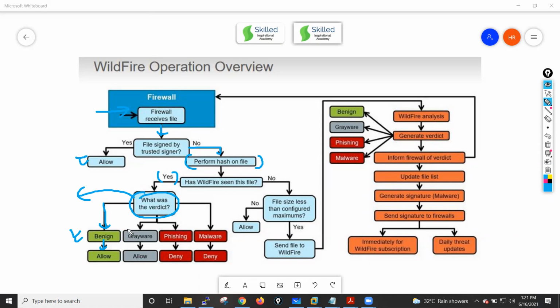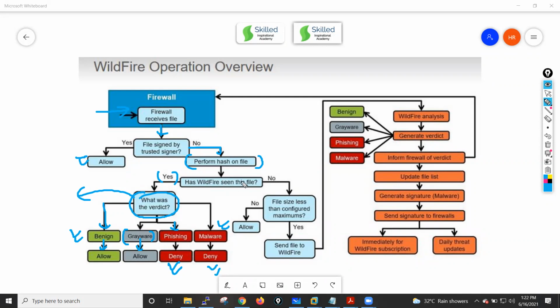If the file type is grayware, these are files which look like malware but in actual they are also clean files, though their behavior may look like some kind of malware behavior, right? That kind of file we will also allow. If the verdict of this file is phishing, in that case we will deny. If the verdict is malware, we will deny that particular file.